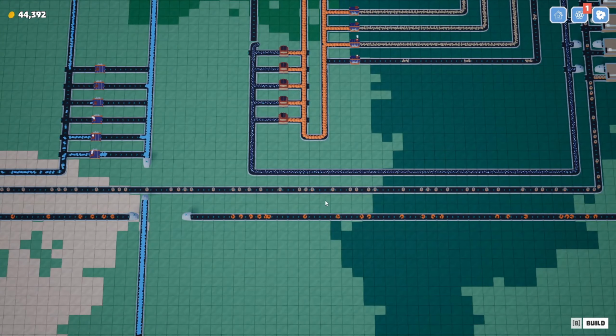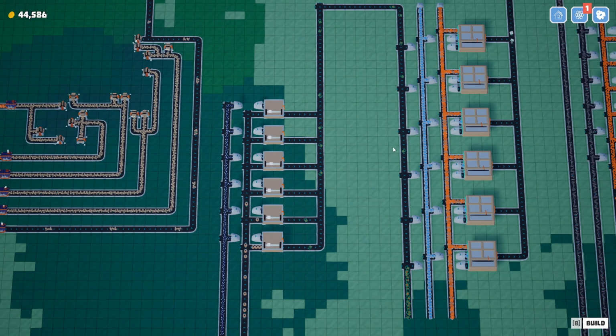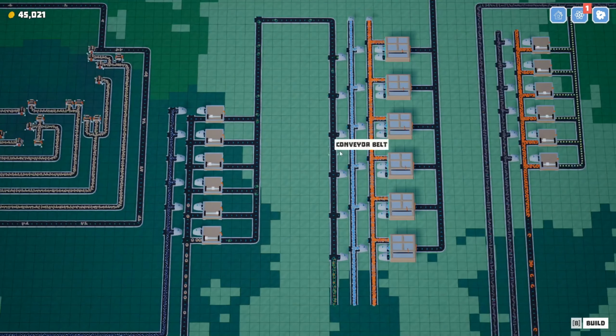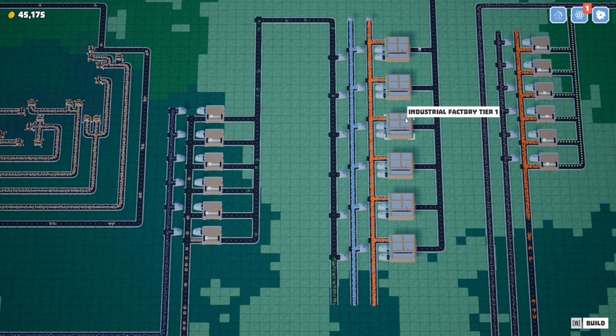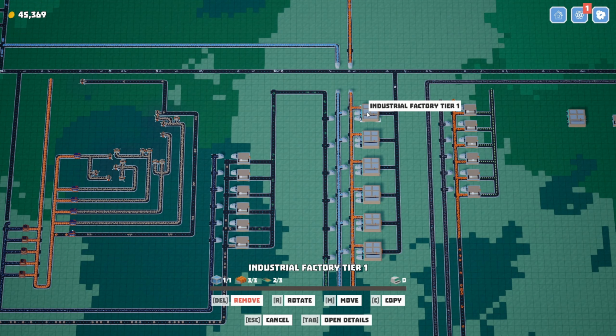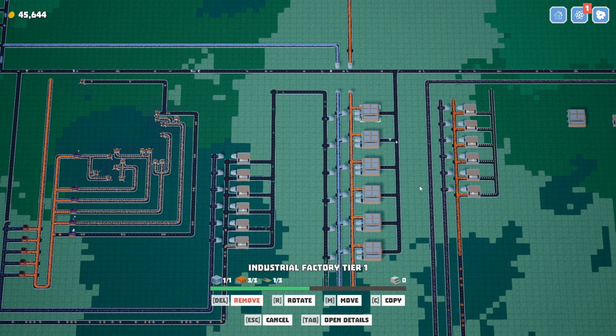Yeah, it would be wire. Yeah, right here, and we'd have a bunch more circuits. That would give us a bunch more computers, right? This is all backed up with heat sinks and what are those things? Metal frames. Let's see, what do we get from logics, or what do we get from computers? Right, we're throwing those onto the belt. Let's just see what we get. 60 per, right? 60 per. If we were to,